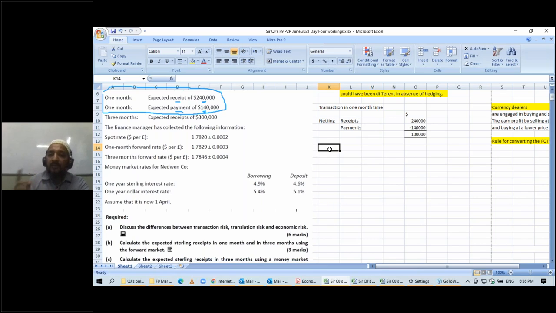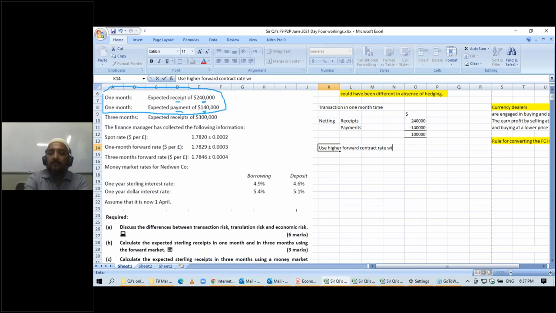Now, once you are going to receive dollars in 1 month's time, what will you do? You will take those dollars to the foreign currency dealer, right? When you take those dollars to the foreign currency dealer, he will give you the local currency, right? So he is giving you local currency from his counter, meaning he is selling you the local currency. So the higher rate will be used. Use the higher forward contract rate